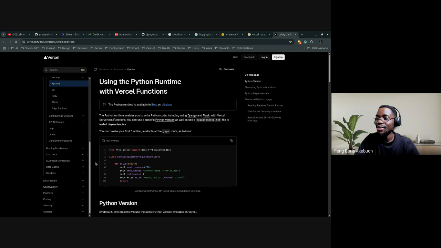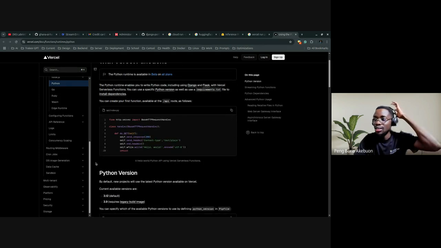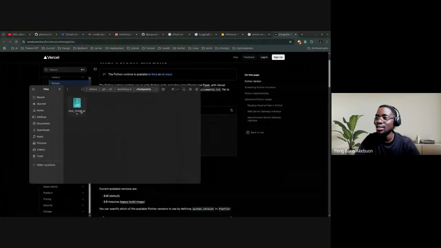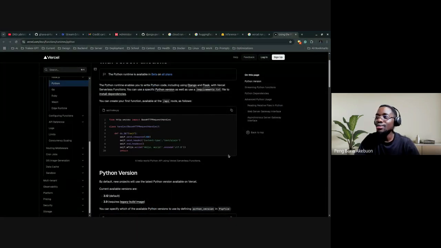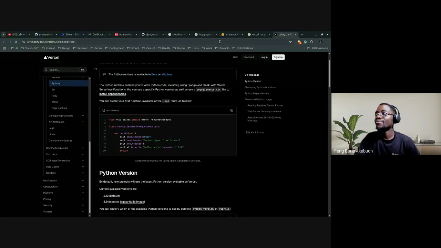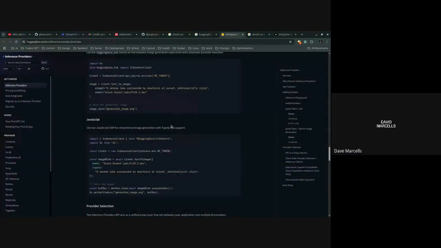Yeah, you probably need to test. If you can run Python, you can try, but I think it might be limited. For example, if you're loading a model like this, 1.2 gig, I don't think Vercel might let you do that. So, okay, yes, if the model is hosted on,